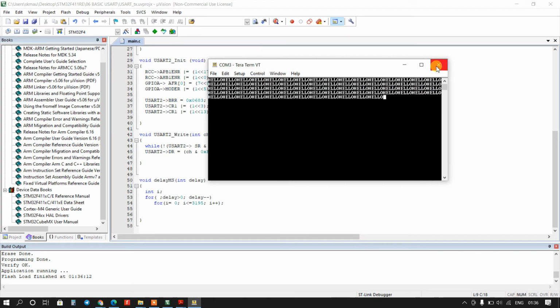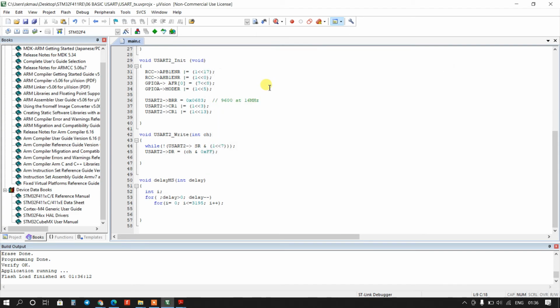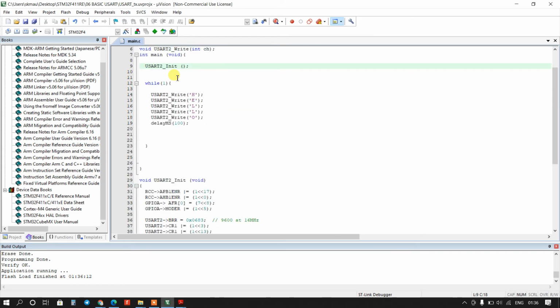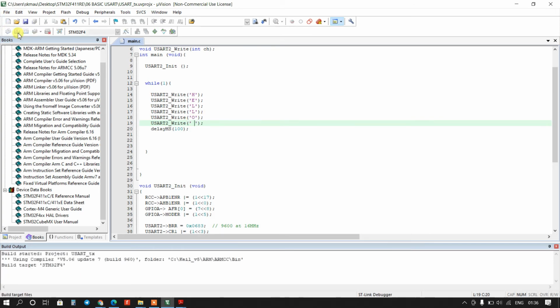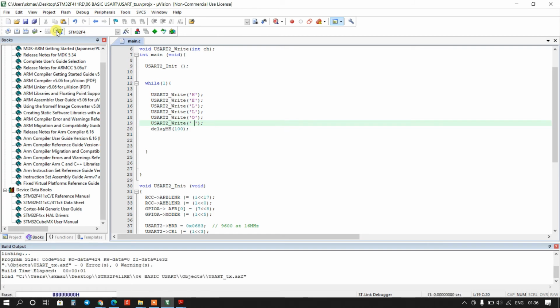So I want some gap here. Okay, again build the program and load.